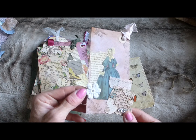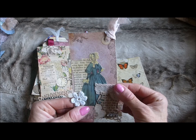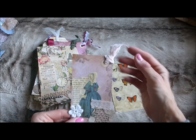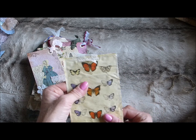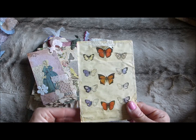And then it's got a little crocheted kind of flower and some of that vintage lace, some more vintage lace here with some diamante, and again it's got a little tab there to the side. So that's another one. And then here I've just got, this is some printout of some kind of vintage butterflies,